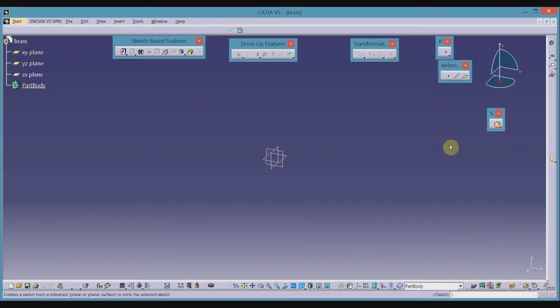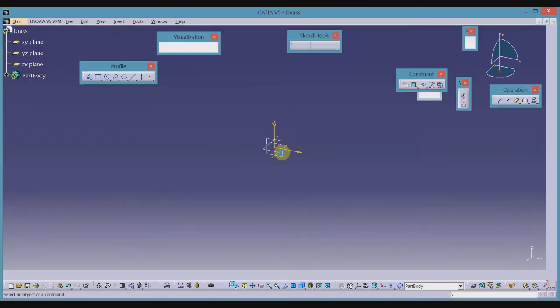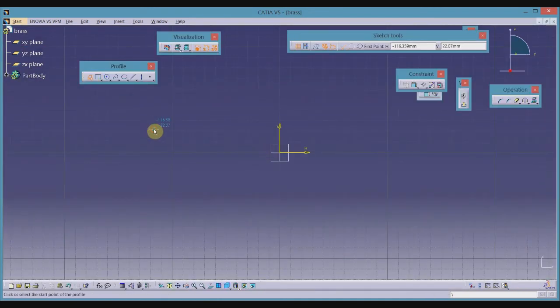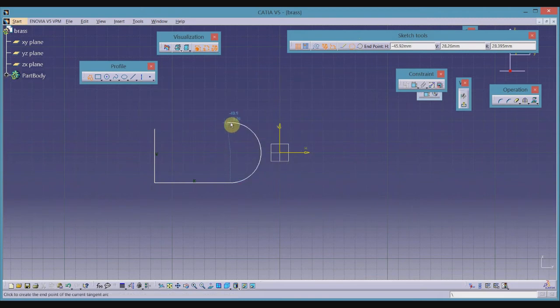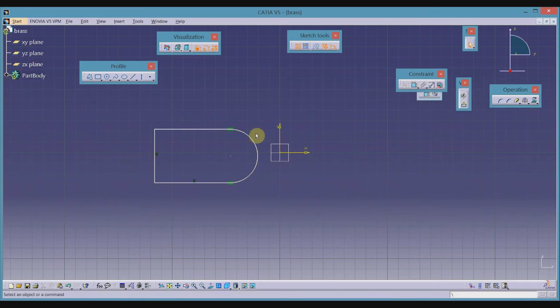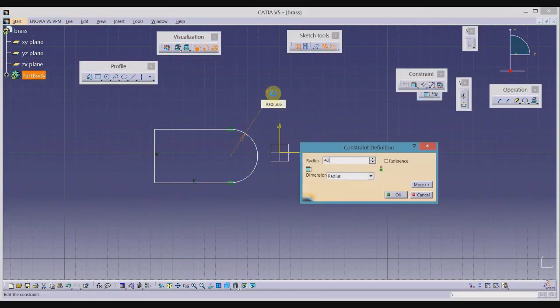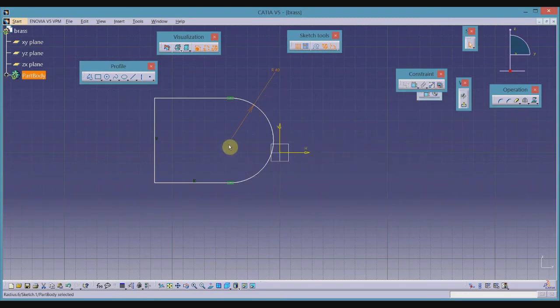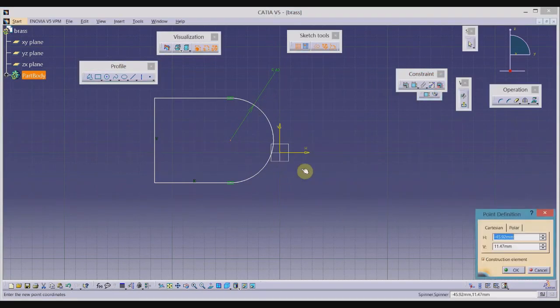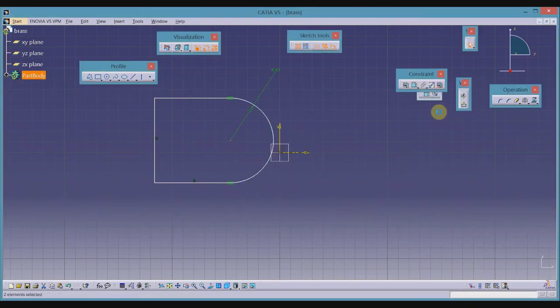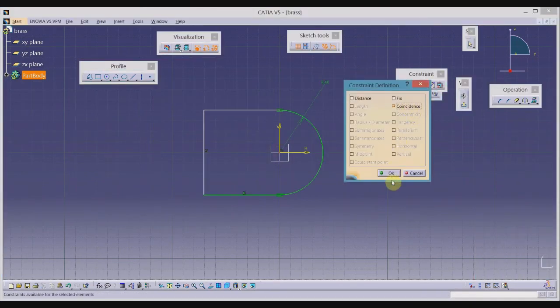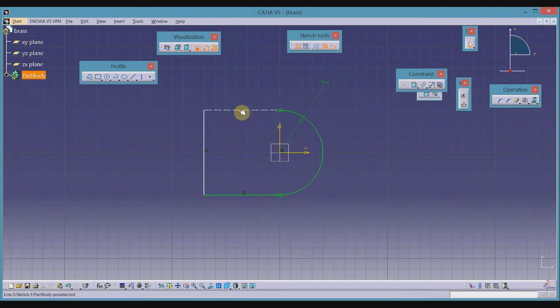So I will select the sketch tool, vertical plane as my sketch plane. So I will complete the shape using the profile tool from profile toolbar and sketch tools. So this is my sketch. Radius of this feature is 40, and I will align the center of this arc with the origin of coordinate system using coincident constraint. This line is horizontal